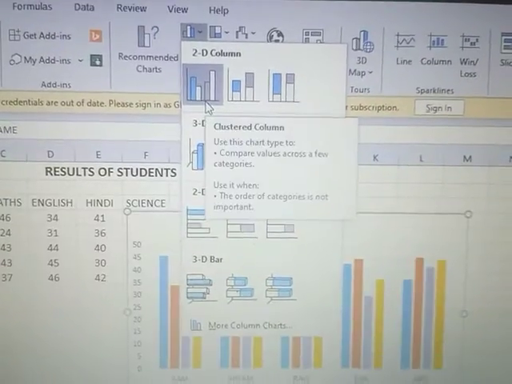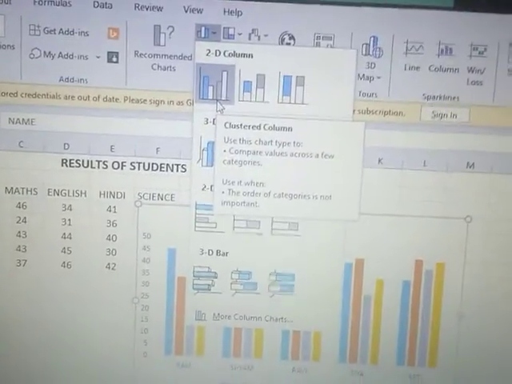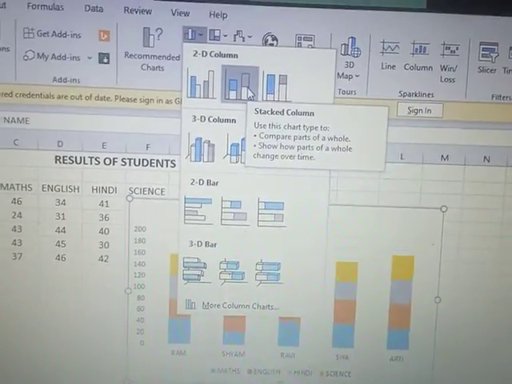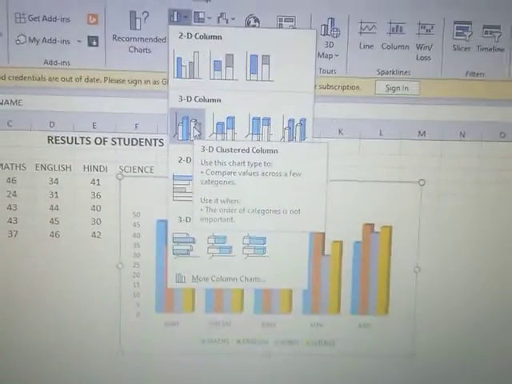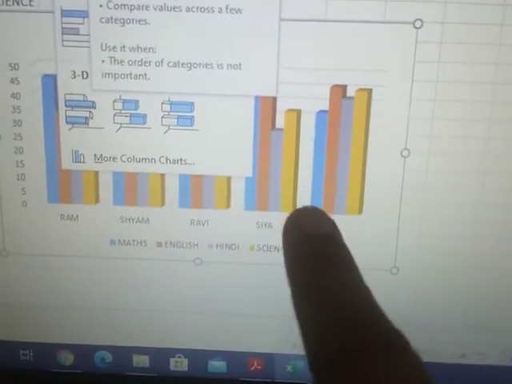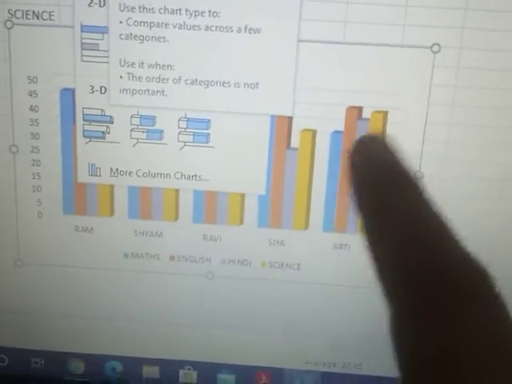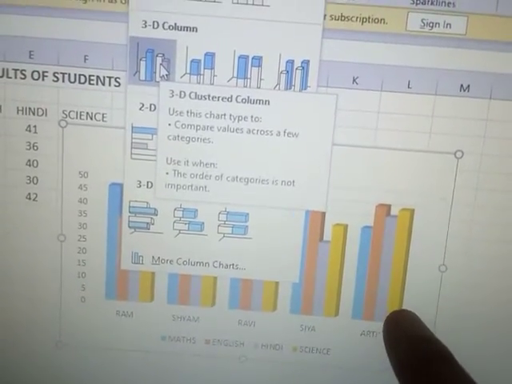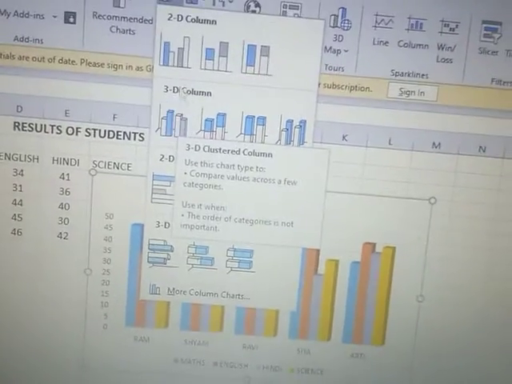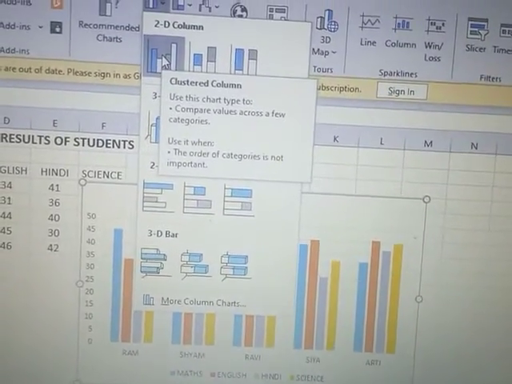Now you can see it is showing you the charts. It was done last time also. You can see the different types of chart. 3D charts are also there. In the 3D chart you can see three-dimensional figures are given, in the form of a cuboid. In 2D charts, I can also clear up the difference between 2D and 3D here.